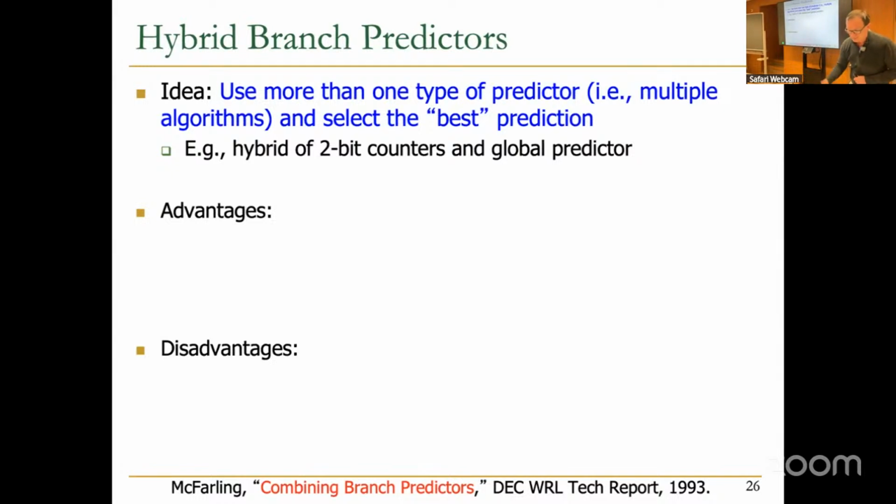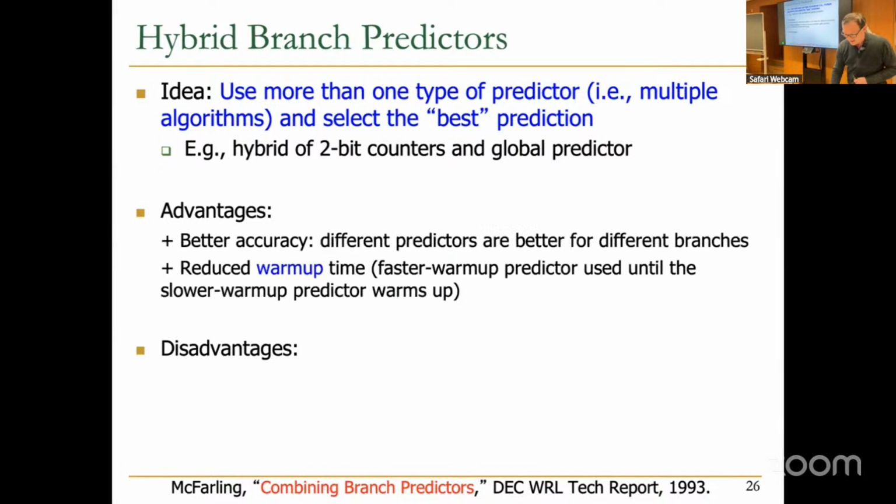Clearly, this makes things more complex. That's one of the disadvantages. But this gives you better accuracy because of the reason that I just discussed: different predictors are better for different branches. But there's also another benefit,